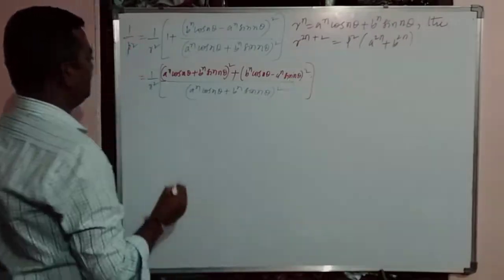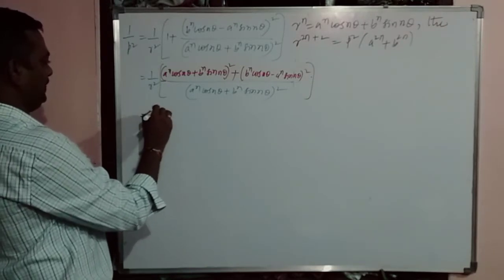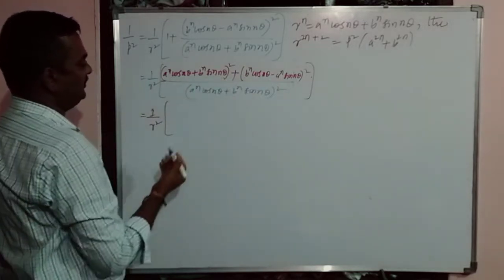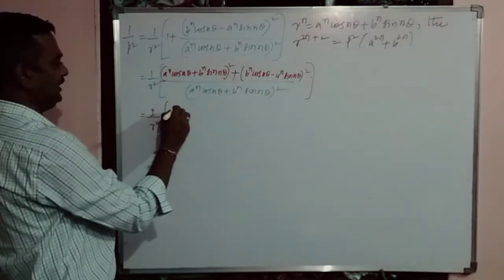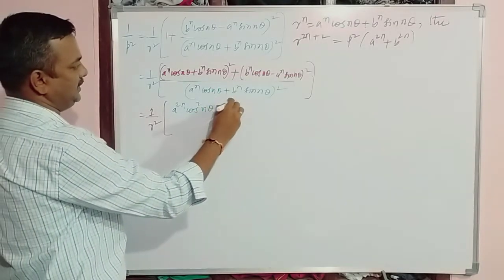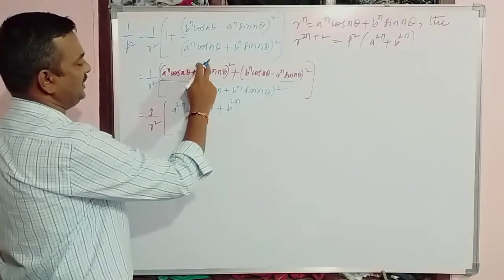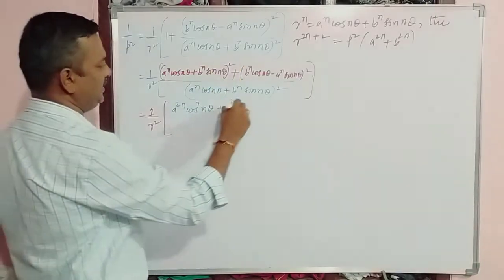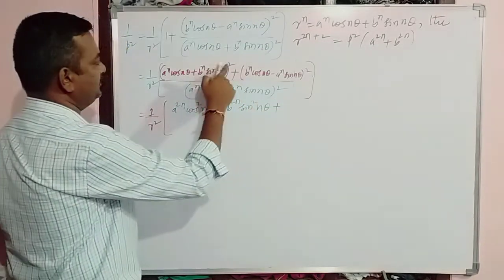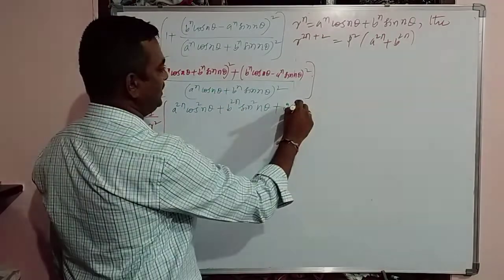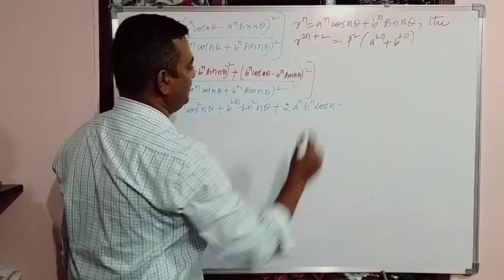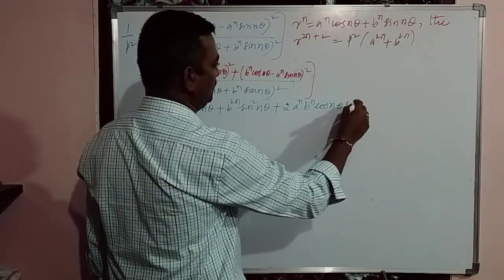Fine. Now which is equal to 1 by r square times, you use a plus b whole square formula, so you will get, this is a raised to 2n into cos square n theta plus b raised to 2n, already n, b raised to n whole raised to 2 is b raised to 2n into sin square n theta plus 2ab, 2 times of a raised to n into b raised to n into cos n theta into sin n theta